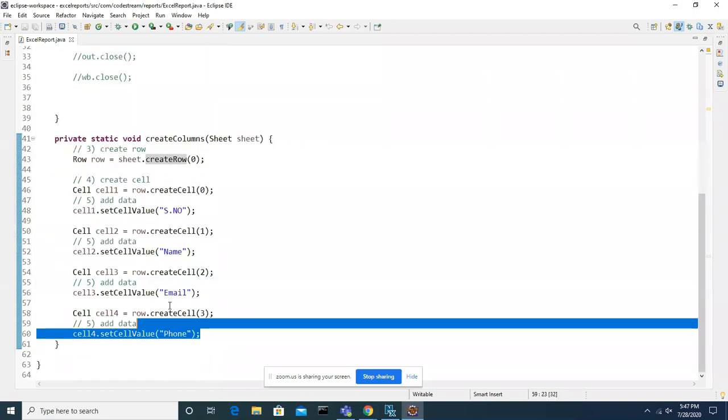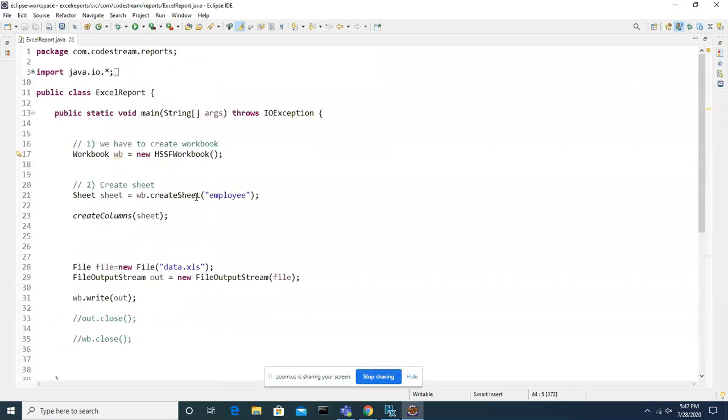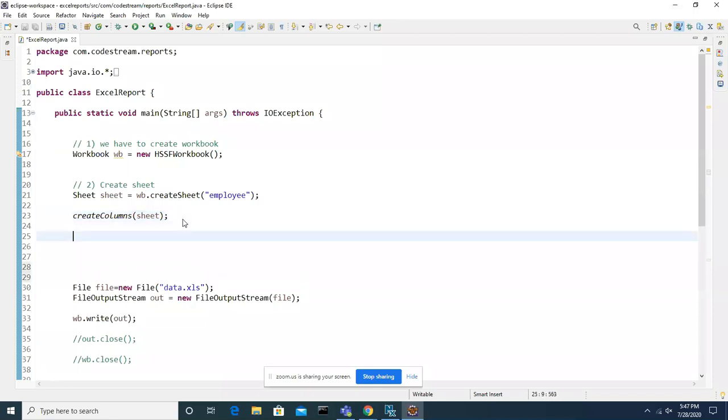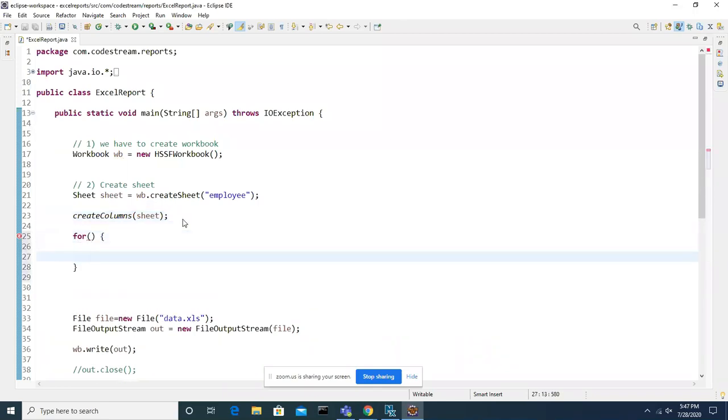And right now we created only this. Suppose you want to do anything multiple times, then you can make a for loop. So for loop, you can create this kind of method. What that will do dynamically is create n number of rows. You can set a condition: 100 rows you want to create, make it 100; 1,000 rows, make it 1,000. You know how to loop 1,000 times, 10 times, 100 times in a for loop, right?